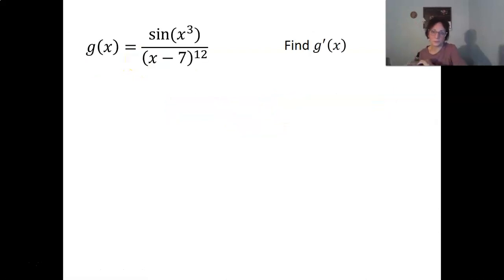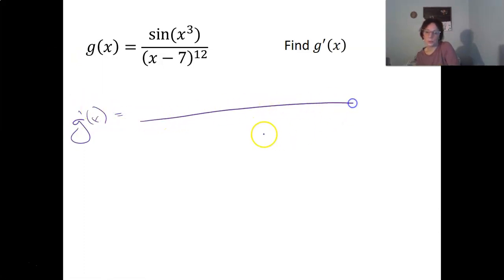All right, last one. Okay, look what's happening here. I have a quotient rule, and when I'm doing the quotient rule, I'm just going to happen to need a chain rule along the way. What are you going to do? Okay, so let's get our g prime of x, and let's set up our quotient rule. I'm going to need an x minus 7 to the 24th on the bottom. That's my denominator squared. So on top, I need an x minus 7 to the 12th,